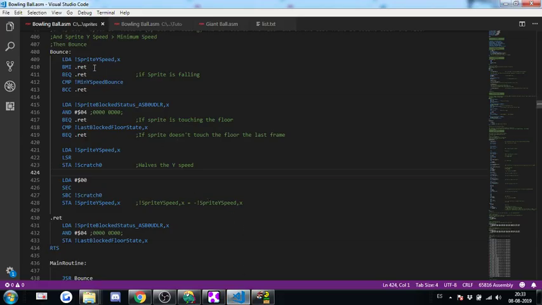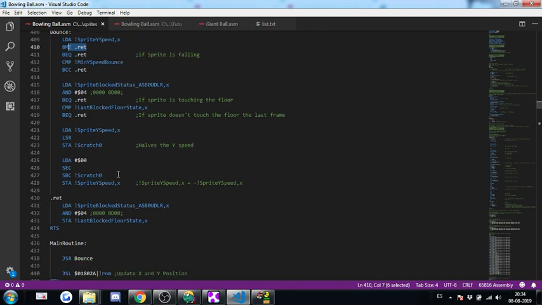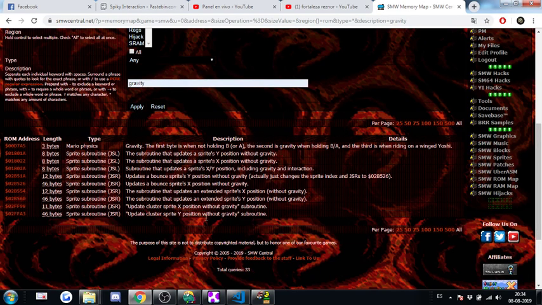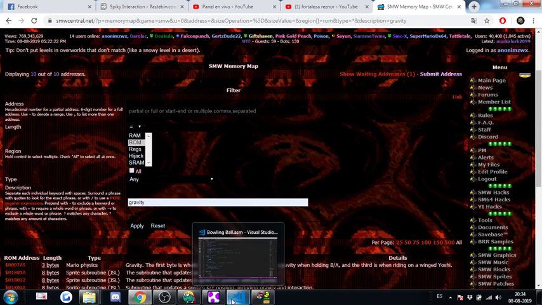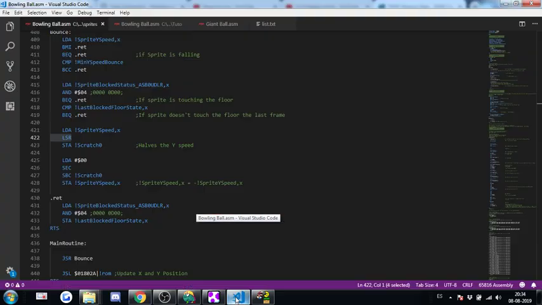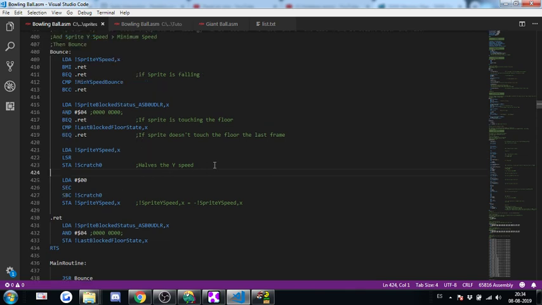Remember, Y speed is positive, then it works. We are not using negative numbers because the sprite is falling, it is going down. Then we can use LSR, logical shift right. Okay. The next thing will be to do